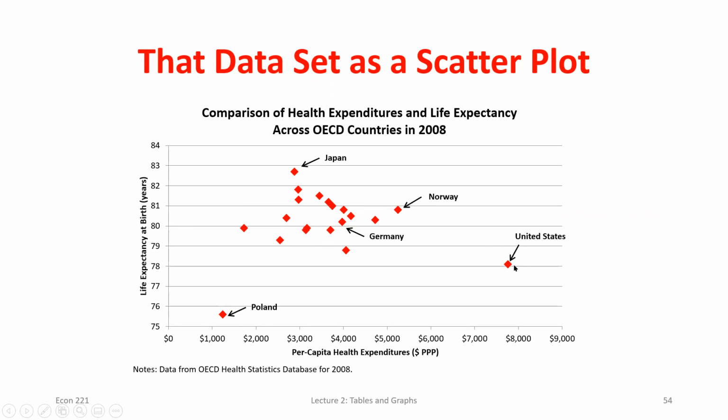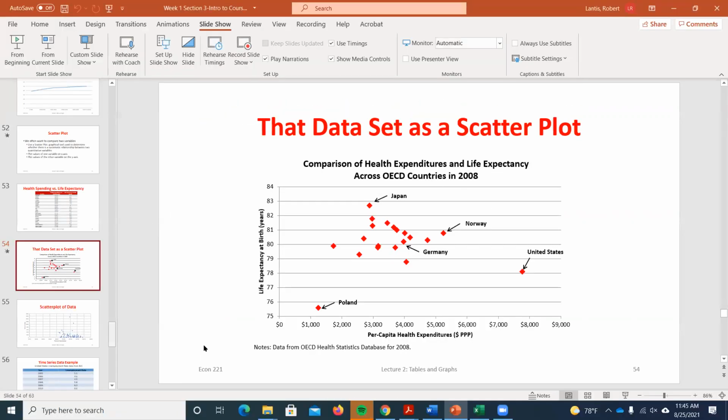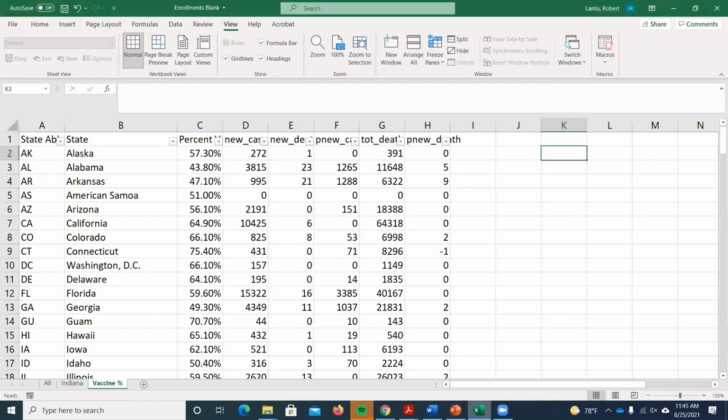I always find this interesting: we have the second lowest life expectancy of these OECD countries, but by far and away, we spend way more on health. So it's not the strongest positive correlation here. So I thought a relevant and interesting example, and I didn't know what it was ahead of time, would be to go out, grab the percent of the population that's vaccinated and the number of new cases that we see in these states. So if I want to use these as my X and Y variables,